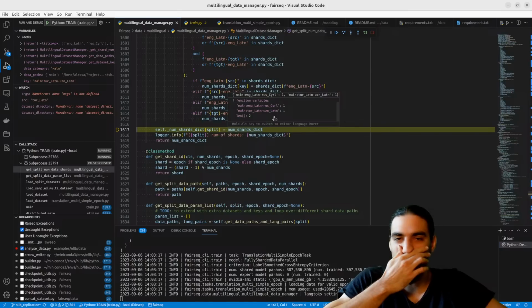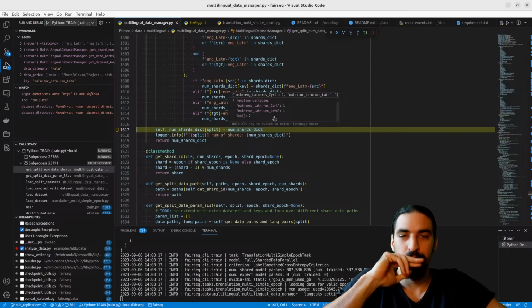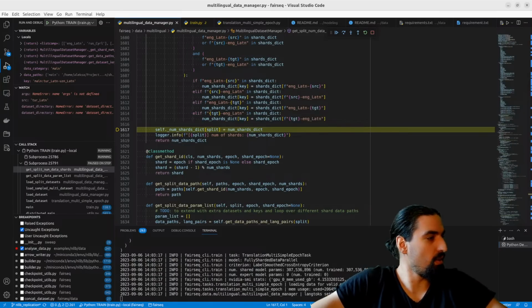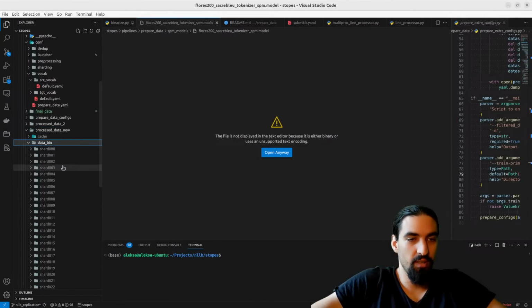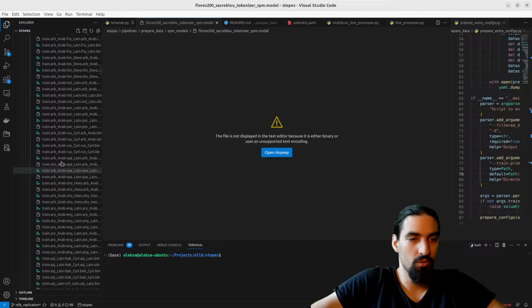That's exactly the case. That's exactly the situation. If you take a look at the Stopes library, here, data bin, shard 0.